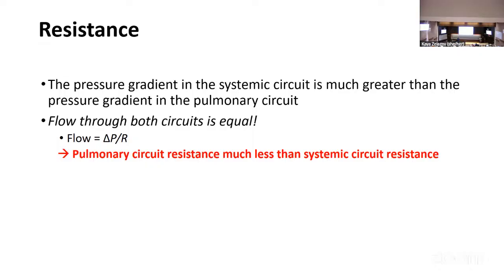The way we equalize that flow is because the pressure difference isn't the only thing that matters for the flow. The other thing that matters to determine how much flow there is through these vessels is that resistance piece. So our flow,